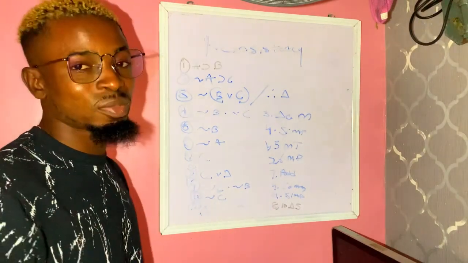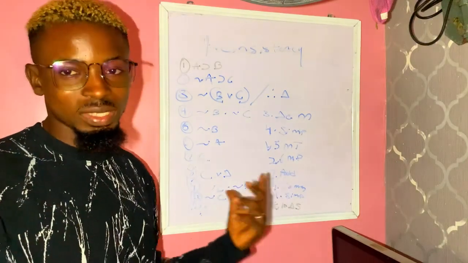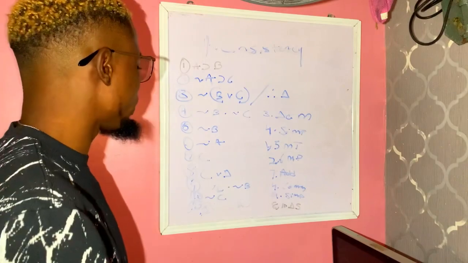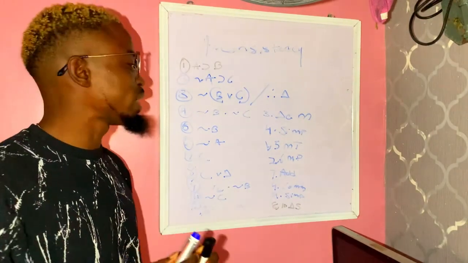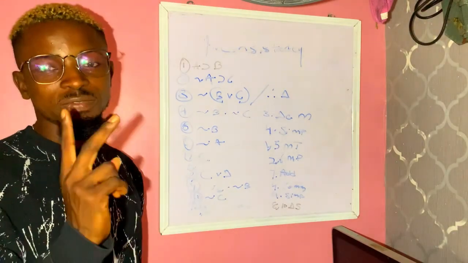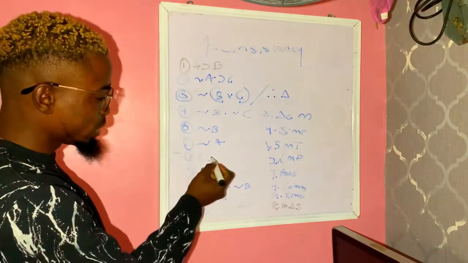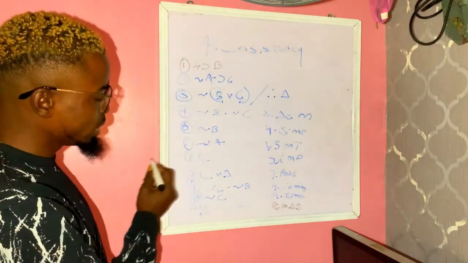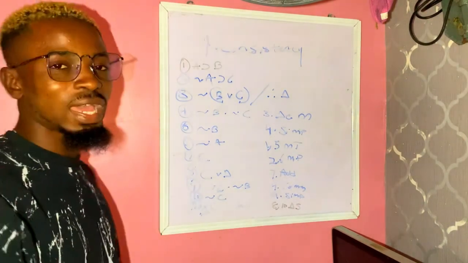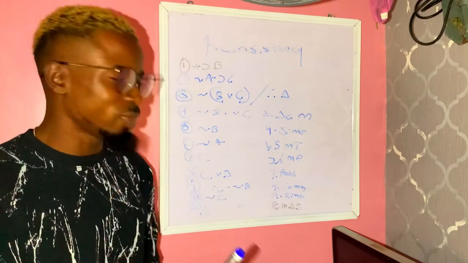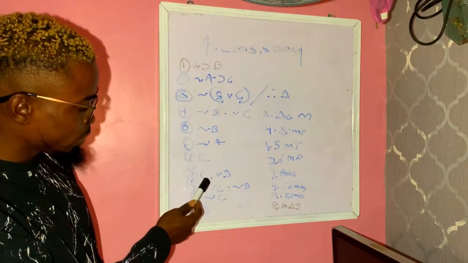Let me give you a hint. You might be asking me how you are going to know when to bring the D in and when not to bring the D in. Okay, fine. This is just like a clue: as long as we've actually seen two different lines that have a contradiction. Let's say in line 7, I have C already, and then in line 10 I have negation C. So all I'm looking for is to ensure that I have a contradiction in the argument. So as long as I have C and I have negation C,